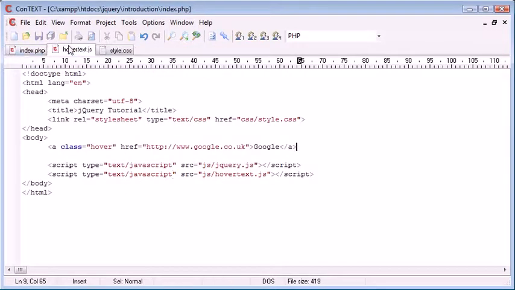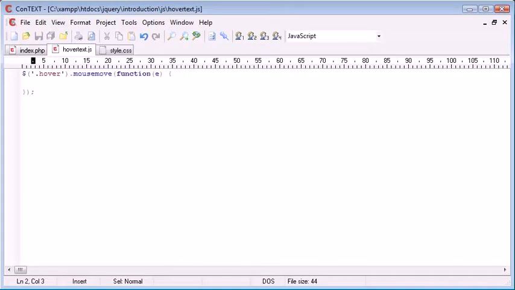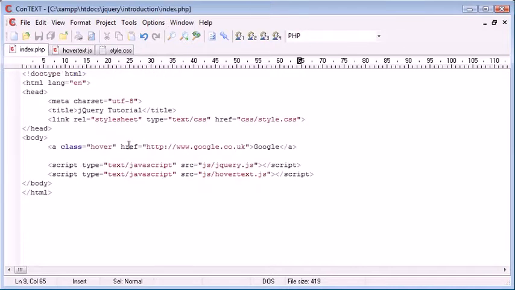It's not needed now. So the first thing we want to do is we want to be able to return a description of a particular object. So in this case it's a link. Now I'm going to create a custom attribute onto the inside of this link, and that's going to be called hover text. So I'm just going to write hover text equals something. So much like href and class and anything else, we're taking an attribute from this link. So here I'm going to write Google, a